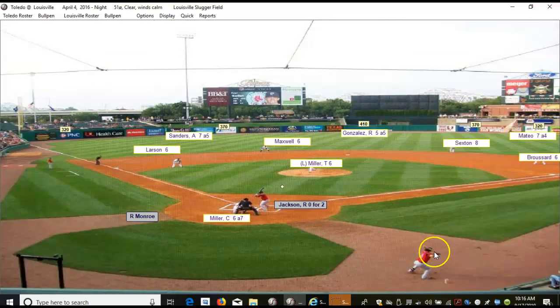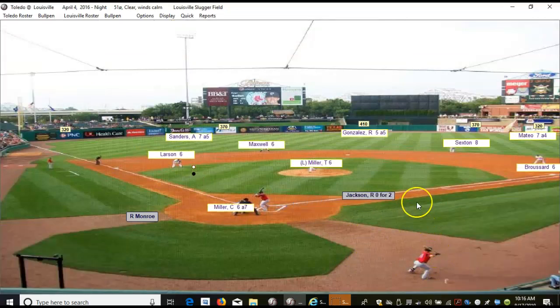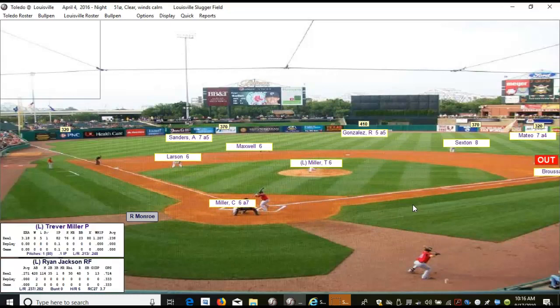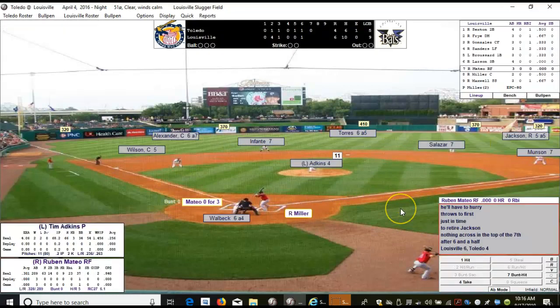Here's Ryan Jackson. Toledo running themselves out of an inning here. Ground ball to 3rd. Larson's got to hurry. Jackson hustling down the line, but he just got him, and the inning is over. So 7th inning stretch time, it's 6-4 Louisville, and Ruben Mateo facing Tim